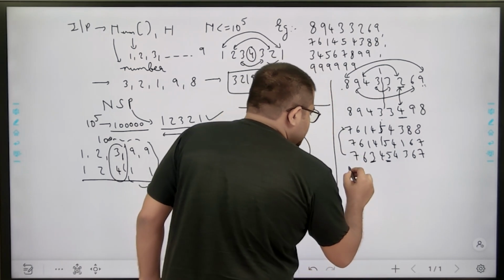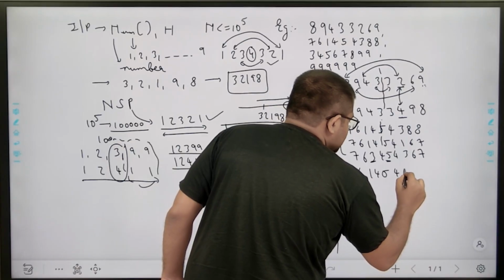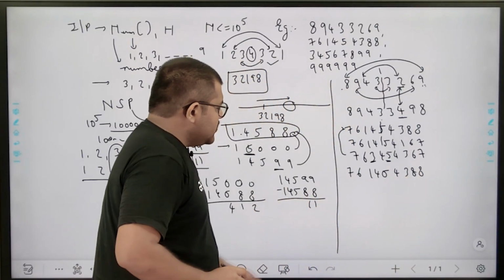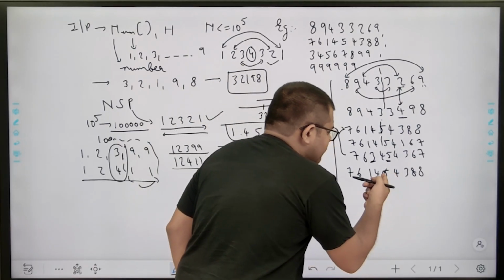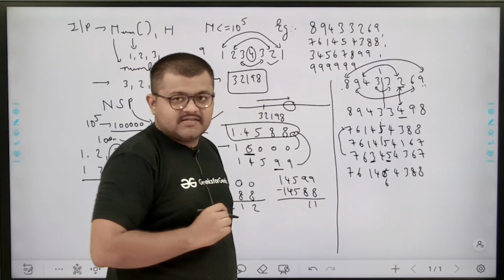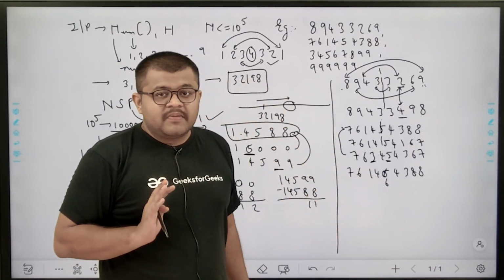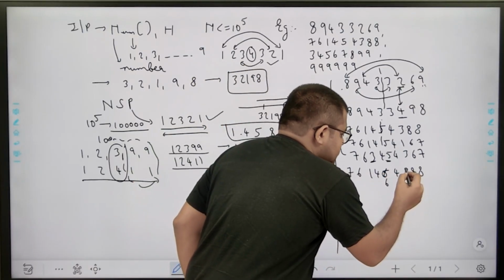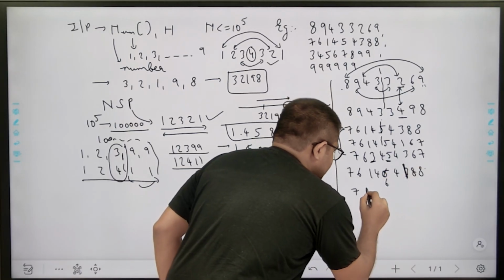So what I should do is, suppose the number is 761454388. Suppose this is the number, right? So instead of making this 3, what I'll do is, instead of 5, that was 5, I'll make it 6. Now I'll not make any changes on the left hand side. I'll copy these elements on the right hand side. So this will remain 4, this will become 1, and this will become 6, and this will become 7. So my number would be